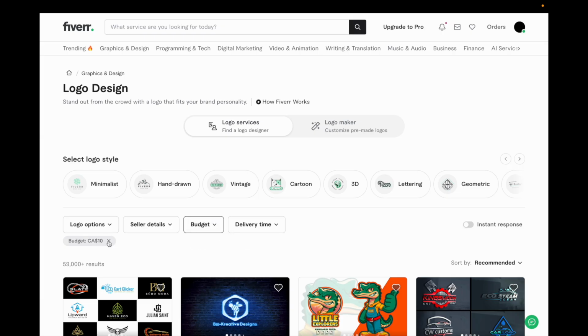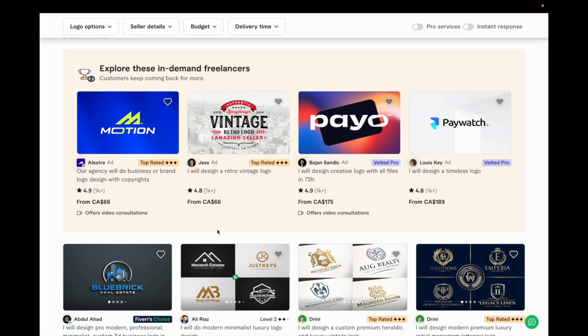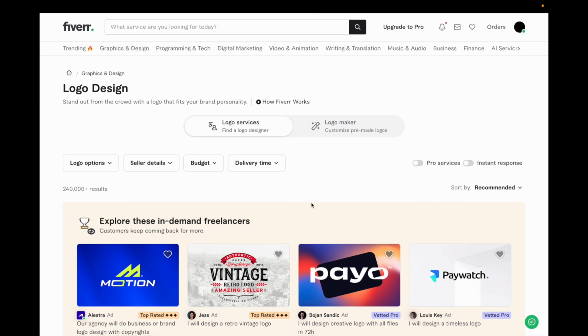If you want to get rid of it, press X right here, and then your search will get back to what it was before. So pretty simple, pretty straightforward. That's how to edit your